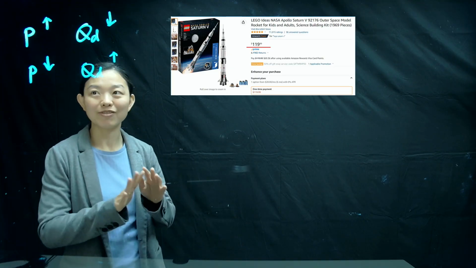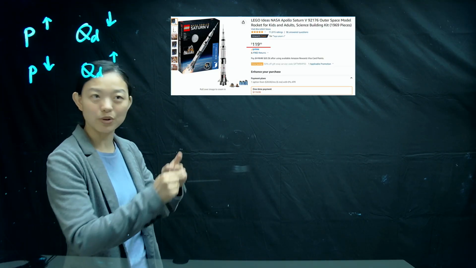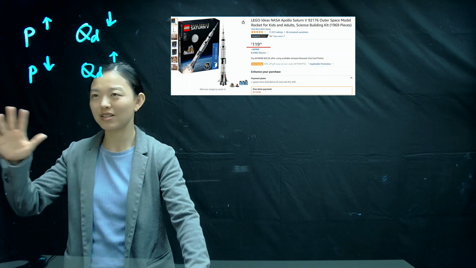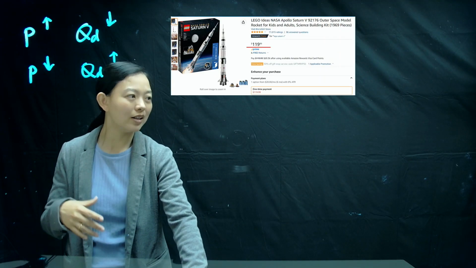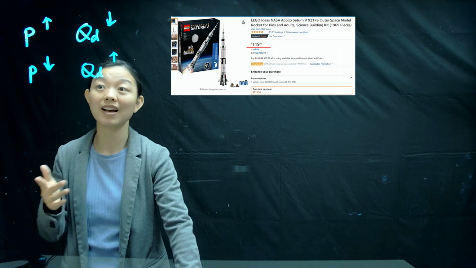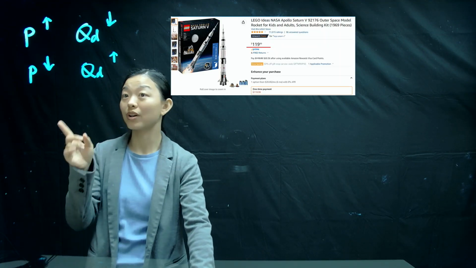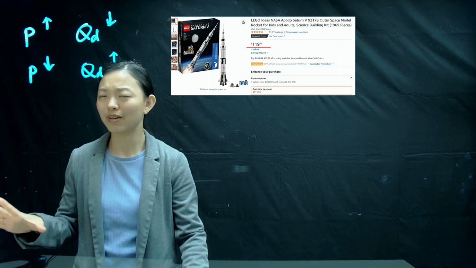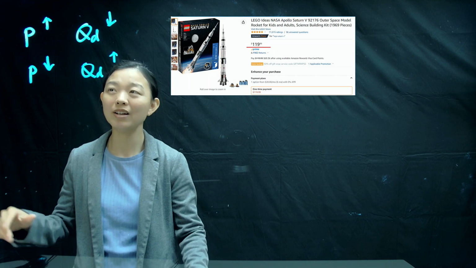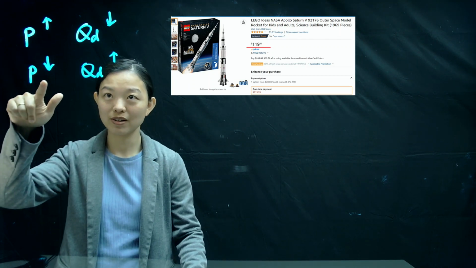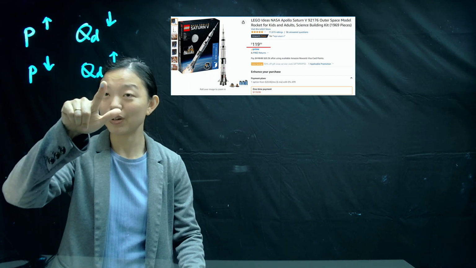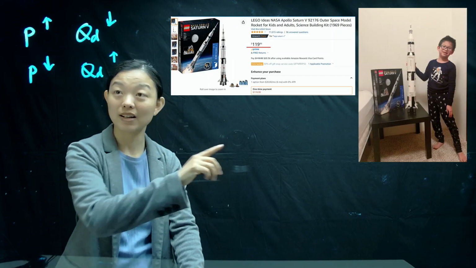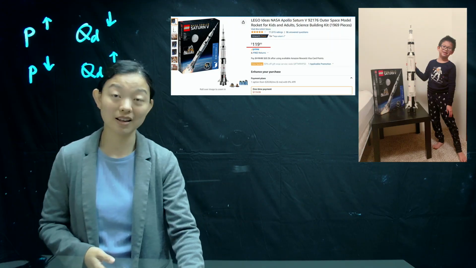So we have no quantity demanded for this product, unless one day, during Black Friday some year before, I forgot which, the price decreased to $79.99. I think it's really a good deal for me because my son had asked me for this product for some time. So when the price decreased, my quantity demanded increased because now I'm willing and able to purchase. Then finally, my son got this Lego set as his birthday gift.